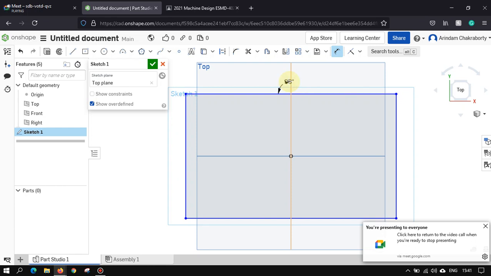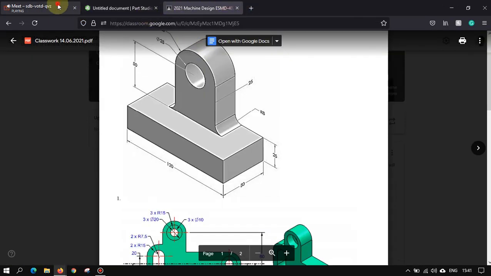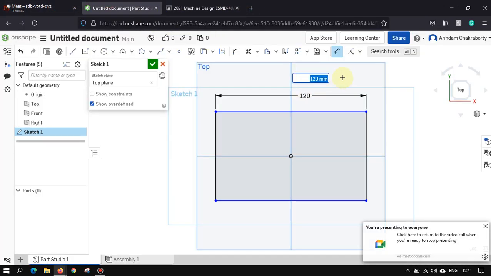Just click over here. Don't click on the axis, it will show the angle. Click over here and bring it somewhere like here, and now write 120. Enter.